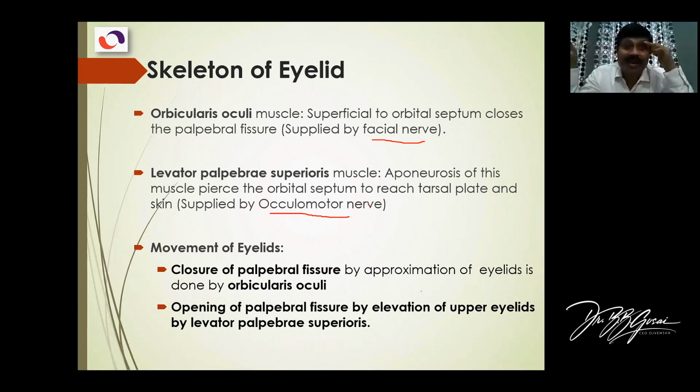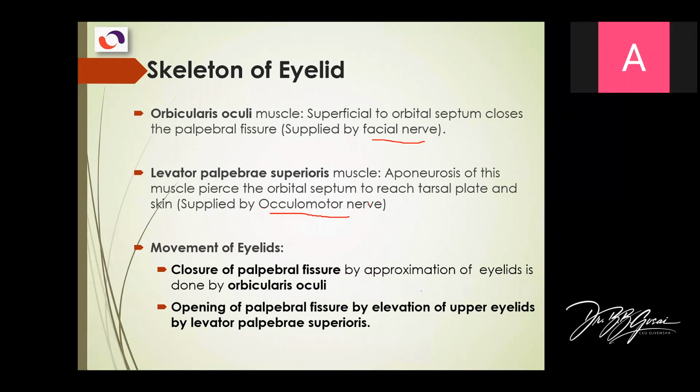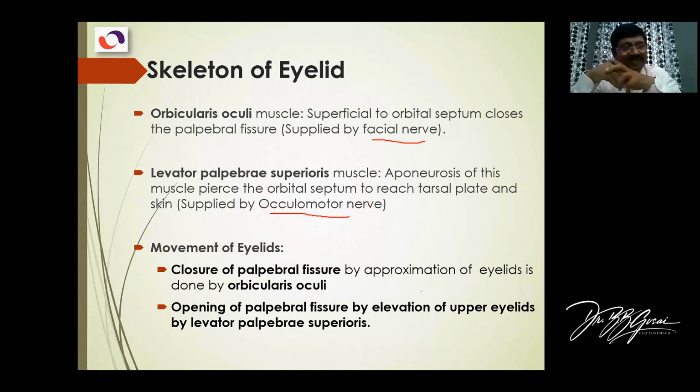Now you can surgically correct these things. And for the orbicularis, if it is paralyzed, people usually give cellulose drops or long-term drops during the night, so that the cornea will not get dried and get ulcers. So this is about the two important muscles present in the eyelid itself. Okay, so these are the names of the muscles which are mentioned in your presentation. I explain a little more detail relevant to the clinical.